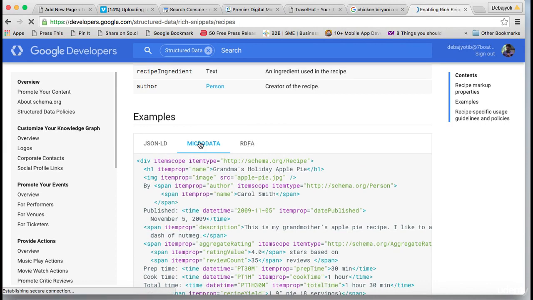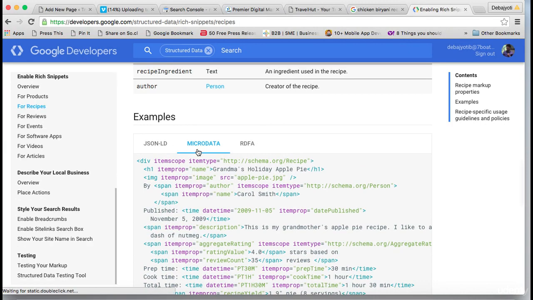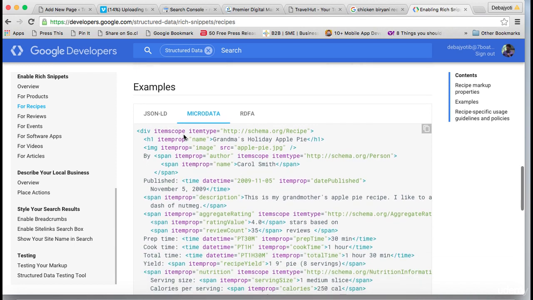Now you see the three types of coding platform over there. One is called JSON, the second one is called microdata, and the third one is called RDFa. Any one of them will work. So we would recommend that you take microdata or JSON. So we take the sample code of microdata here. Now you see the code is in different colors, and you see this is the text one. So you just change it to your own